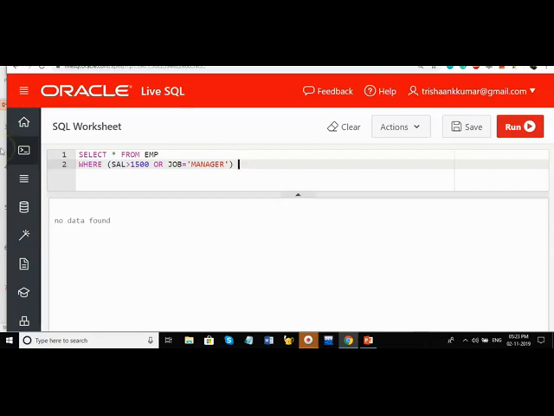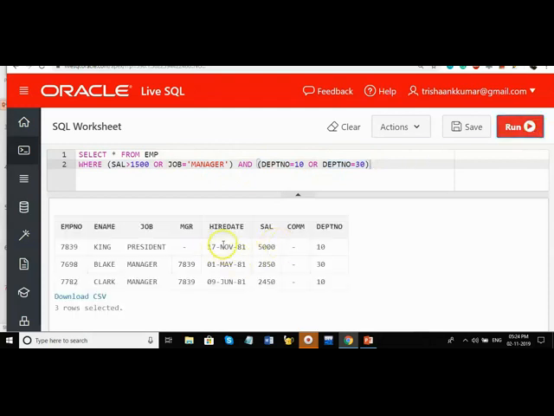From where we have to get this? You have to get this only from department numbers. It must be either from department number 10 or department number 30. So it can be from these two departments, right? Either salary greater than 1500 from department number 10, or manager from department number 30, or manager from department number 10 or 30. So all managers or employees with greater than 1500 salary from the 10th department and 30th department are displayed.